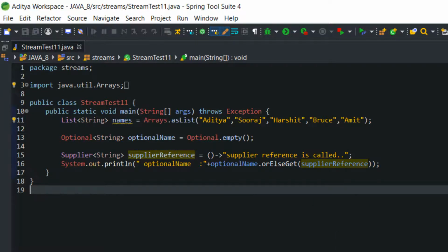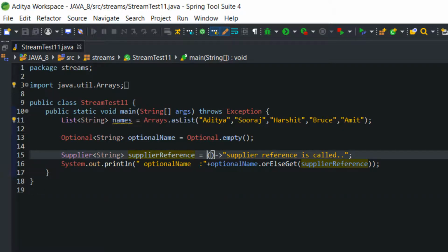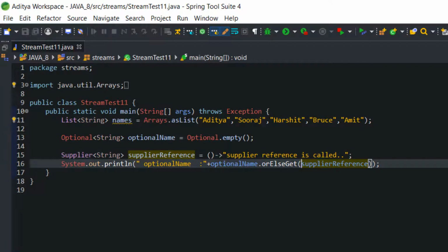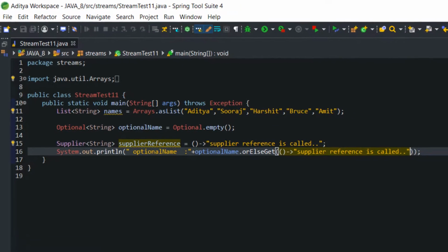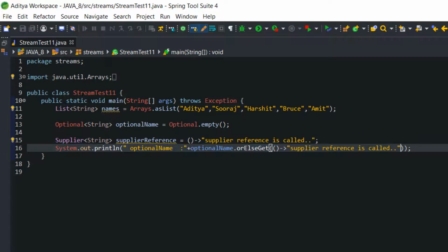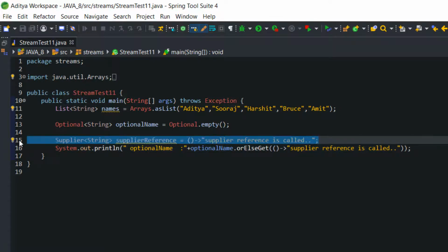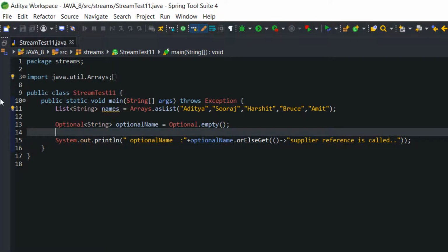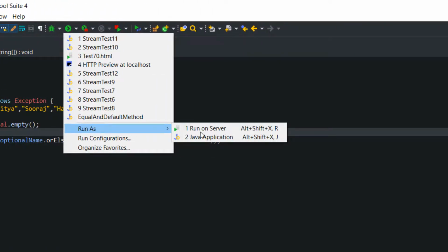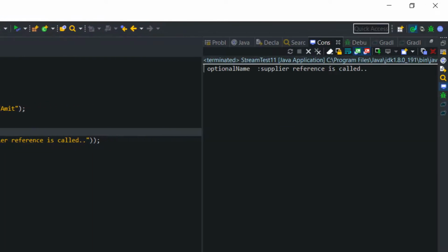Even if you don't want to do this, you can directly pass this lambda expression inside the orElseGet method like this. It will be executed in a single line only. Then in that scenario we don't need this line of code. See, it works exactly the same way.